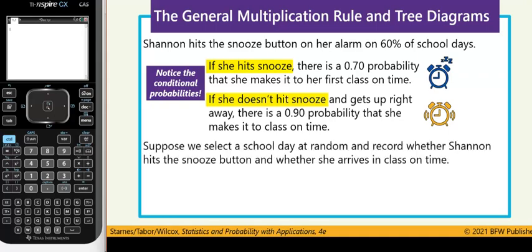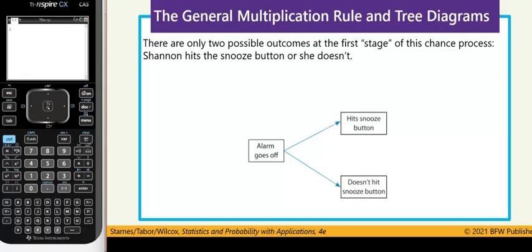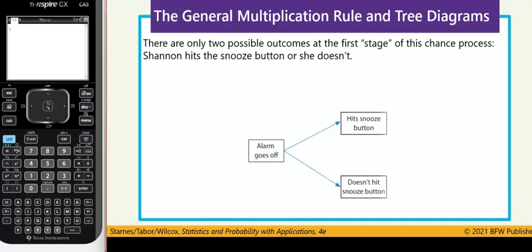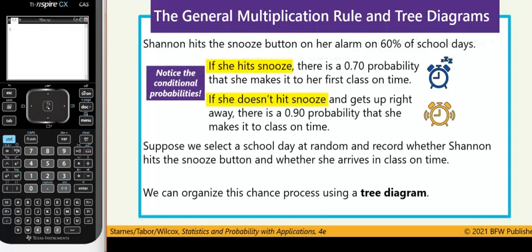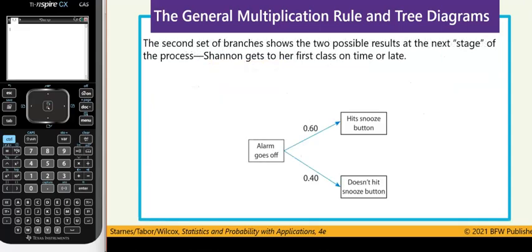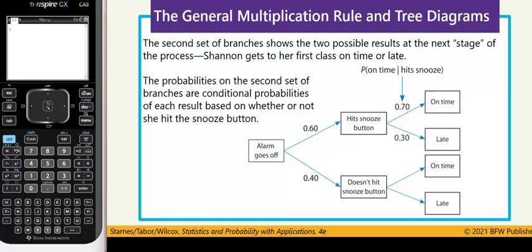Suppose we select a school day at random and record whether Shannon hits the snooze button and whether she arrives at class on time. That's called a tree diagram. The way you draw this is you start with the alarm going off, and you do one of two things. You either hit snooze or you don't hit snooze, right? Those are the two possibilities. That's our first branch. The second branch says if she in fact hits snooze, there's a 70% chance from that. So you're going to draw a branch from that